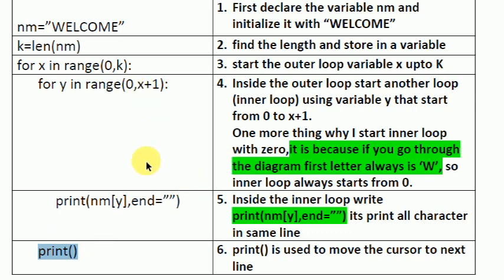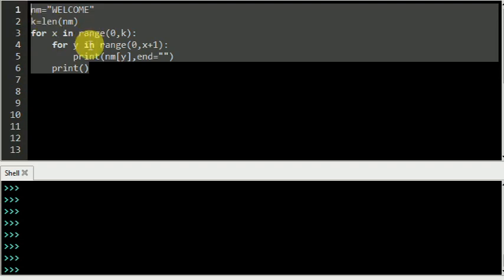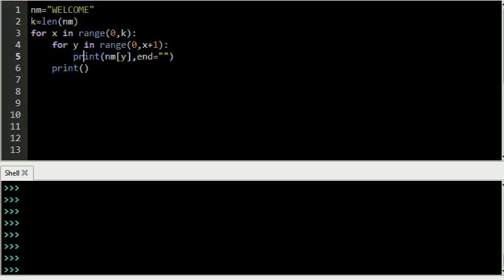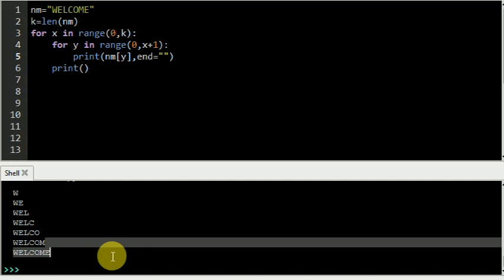Let us now discuss that practically also. So I'm going to show you practically. Here is the program, and in this program I have already written everything. When I execute this program, it's going to give me the same output that we have already seen. Look, here is the output. It's going to show us the same output. Now let us get back.